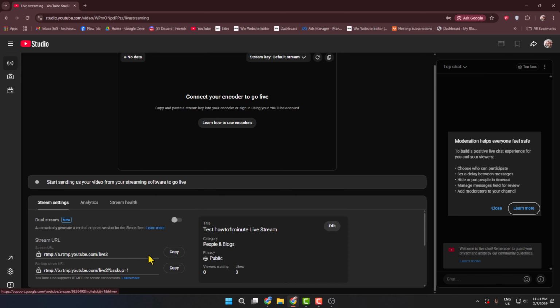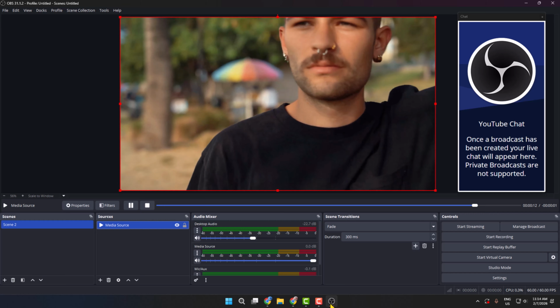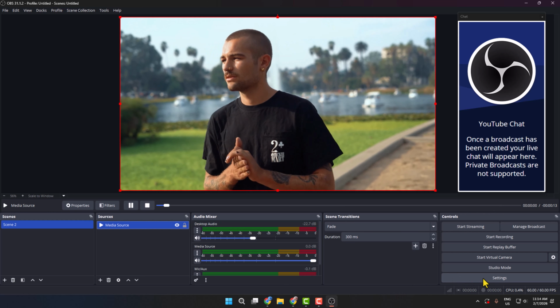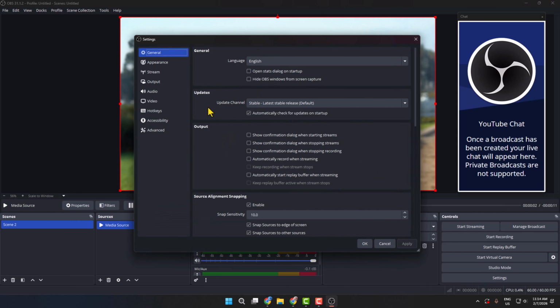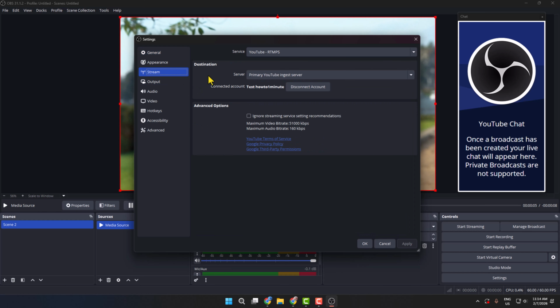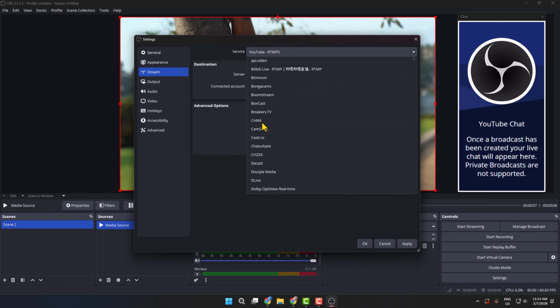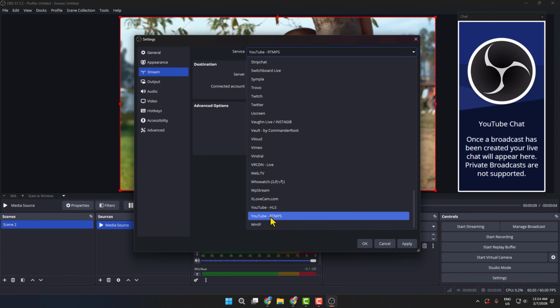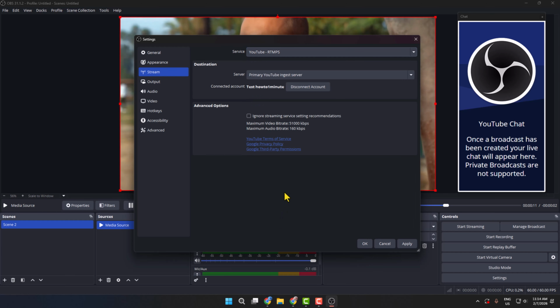So all you have to do is copy your stream URL link from here, then go back to your OBS Studio and click on settings. In settings, select stream service. From this list you have to find YouTube RTMPS. Select this, and then